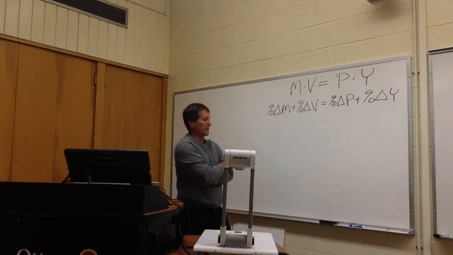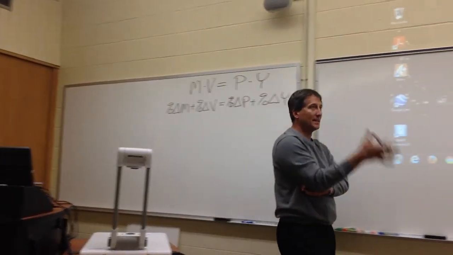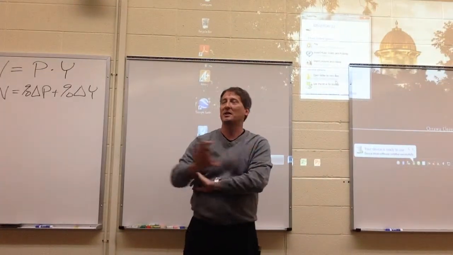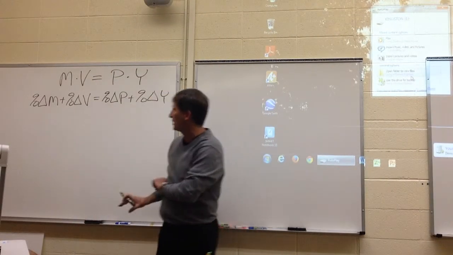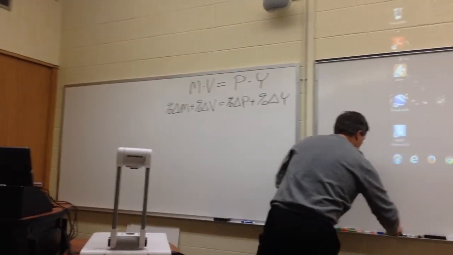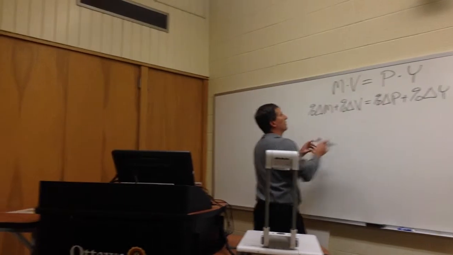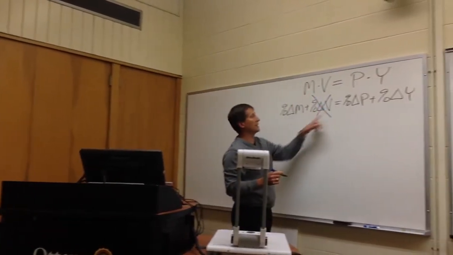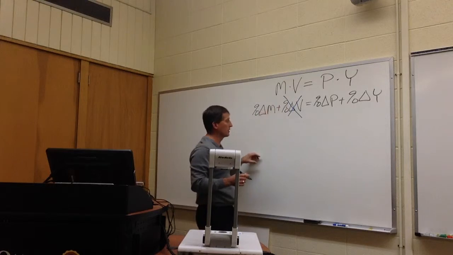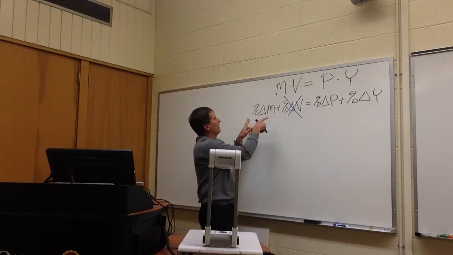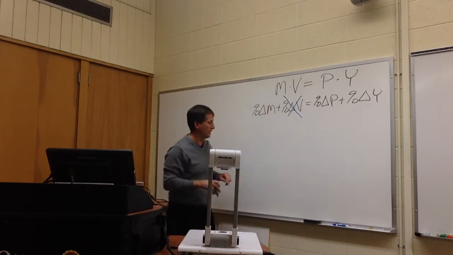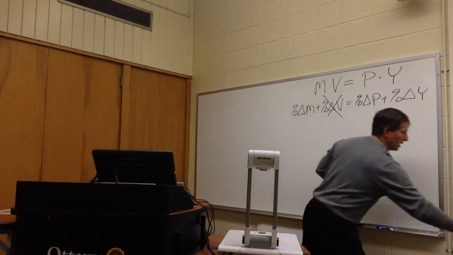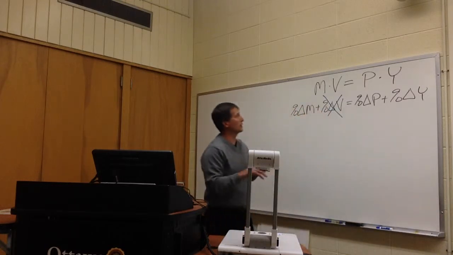Which now gives us some insight into the quantity theory of money, as opposed to just the equation of exchange. So the quantity theory of money is derived from the equation of exchange. And the theory is that velocity is pretty stable, it doesn't change very much. Its percentage change is very close to zero. And therefore, the percentage change in the money supply has a relationship with the percentage change in the price level and GDP. And the last thing we left with was switching those two things around,